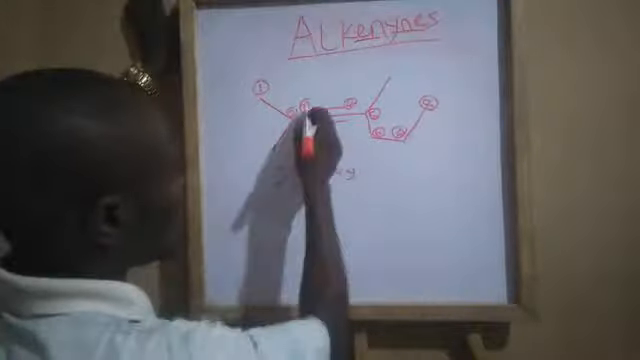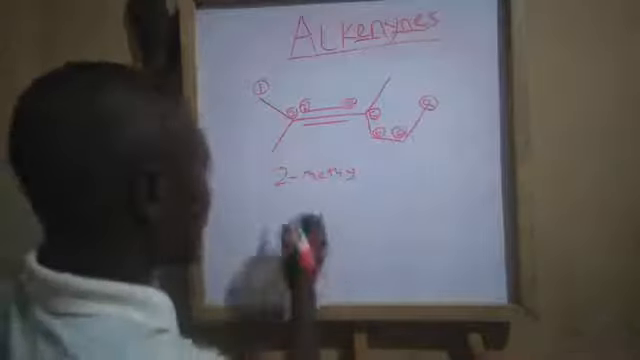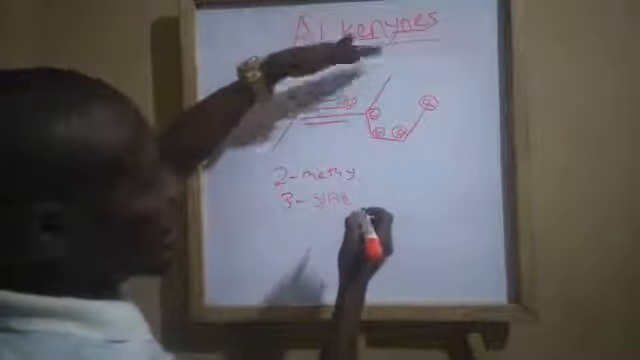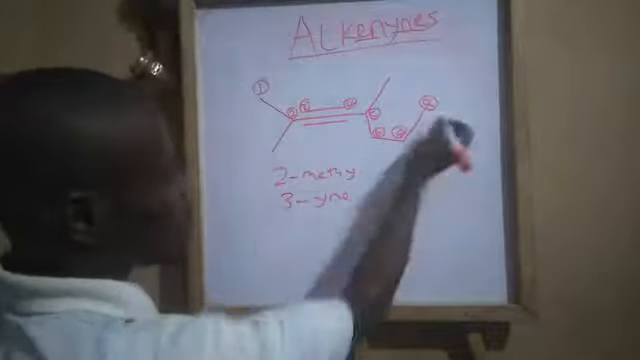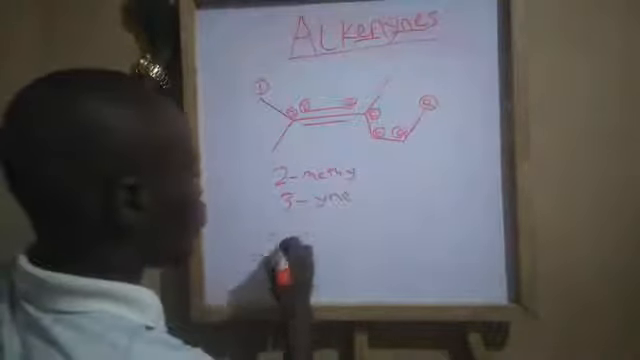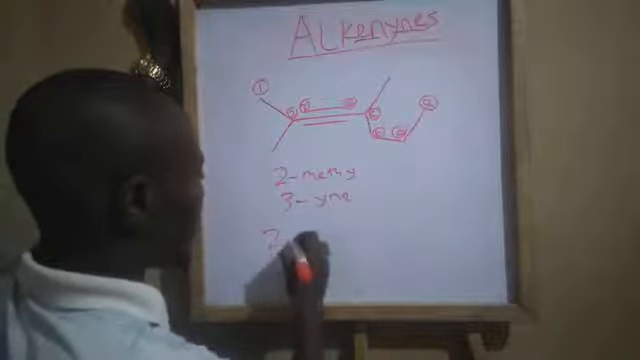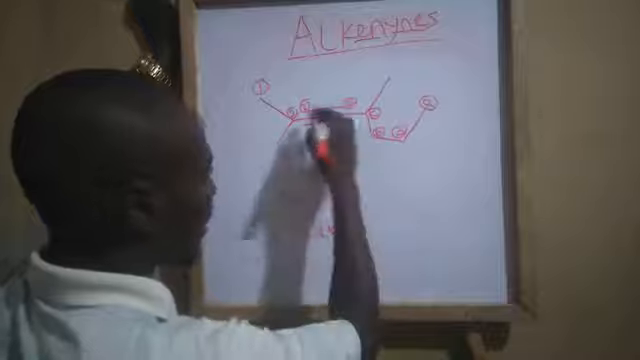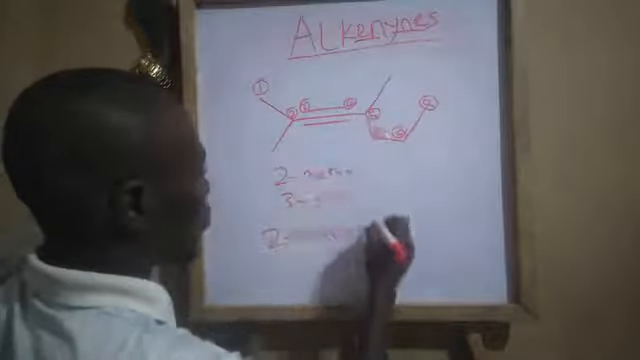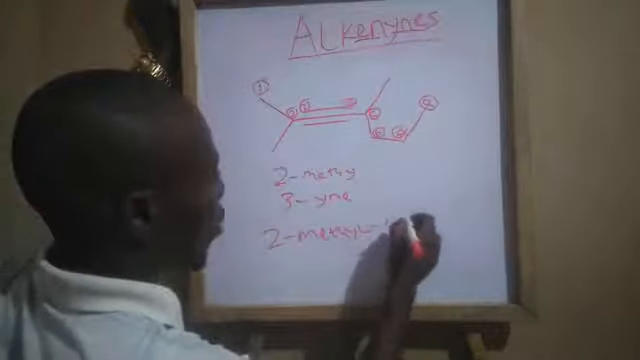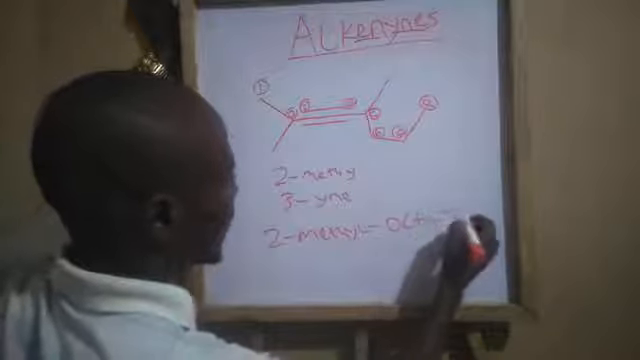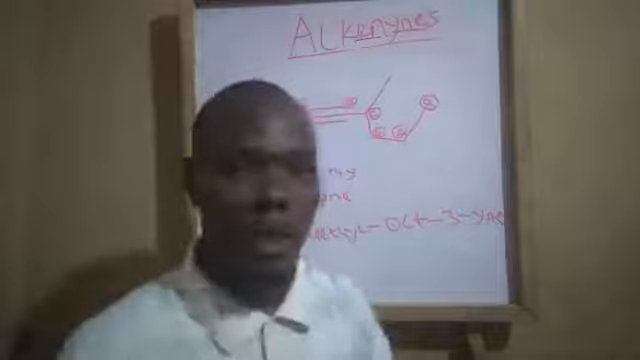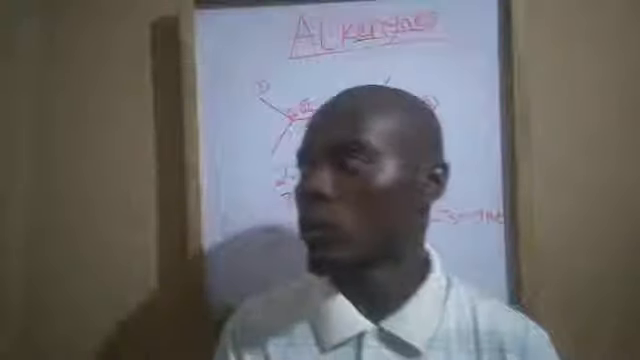We have the triple bond on the third carbon here. That will be 3 I. So now let's go, this oct. That will be 2. So putting it together, that will be 2-methyl, yes. This will be oct 3 I. So that's it. So we've come to the end of the naming, or principles for naming the